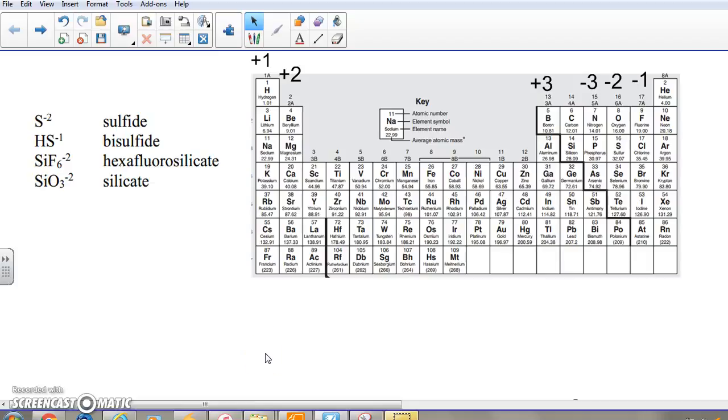Ion quiz number 12, the second to last quiz containing new ions, is going to contain 4 new ions, 2 of them pretty easy, 2 of them not quite as easy. Sulfide you could have done the very first week. It's just monatomic IDE ending in the -2 column, as you would expect, and then we've got the bi trick to throw an H on the front of it, change the charge by 1, bisulfide,